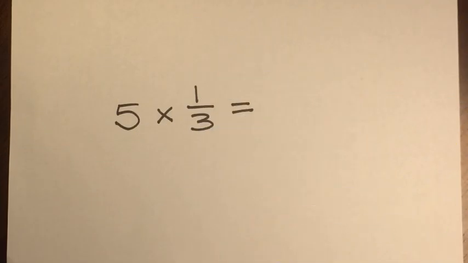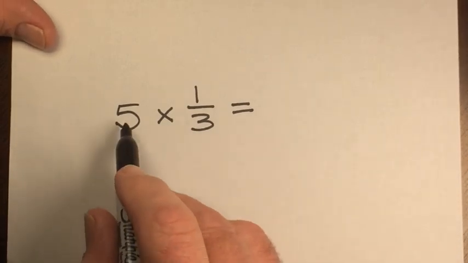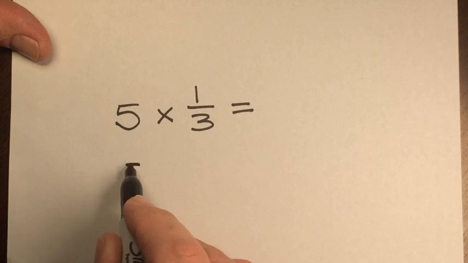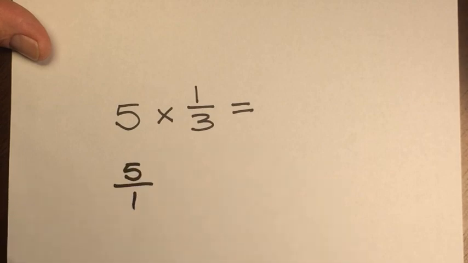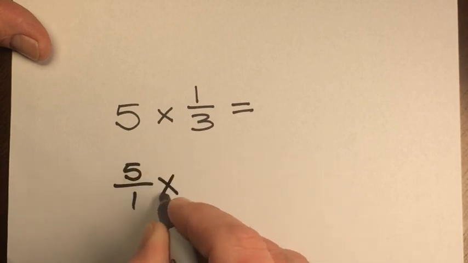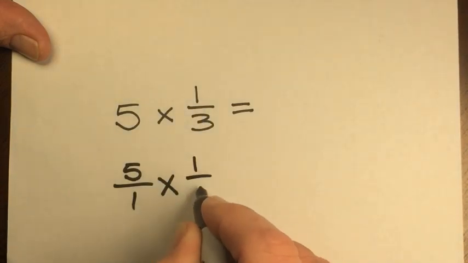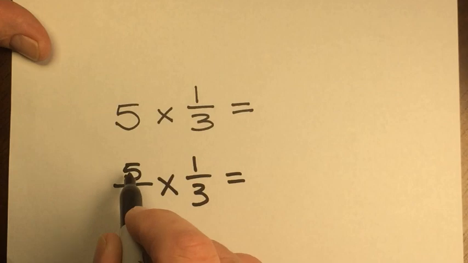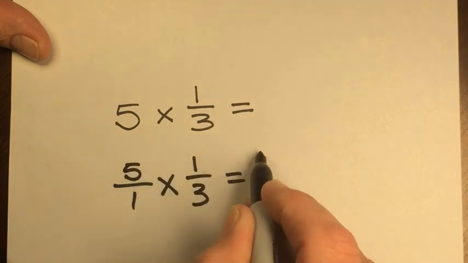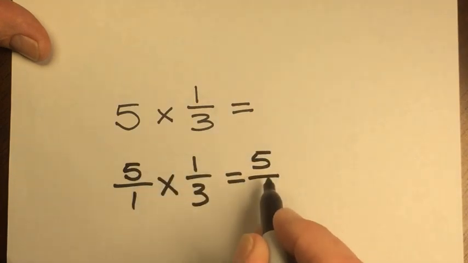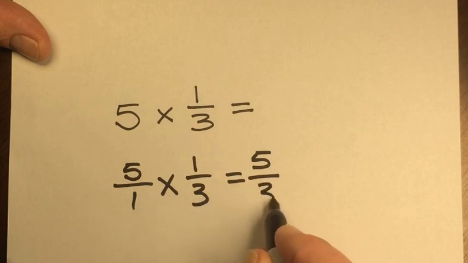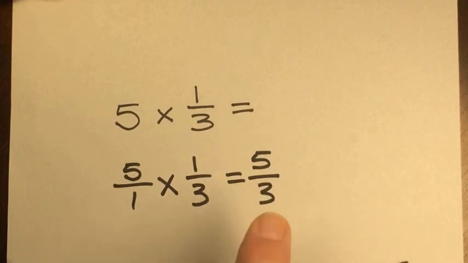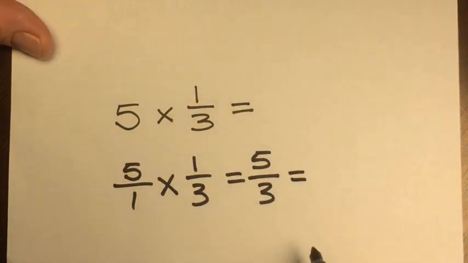Okay, so we're back. Hopefully you had no trouble with this problem. I'm going to go ahead and do it the same way. 5/1 times 1/3. Going sideways on the top, I have 5 times 1 is 5, 1 times 3 is 3. I have an improper fraction. Go ahead and simplify that as